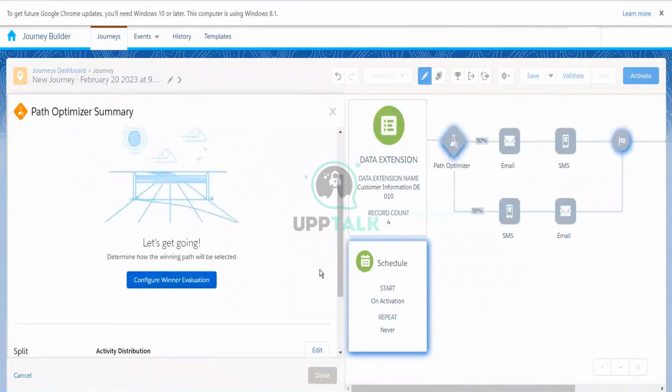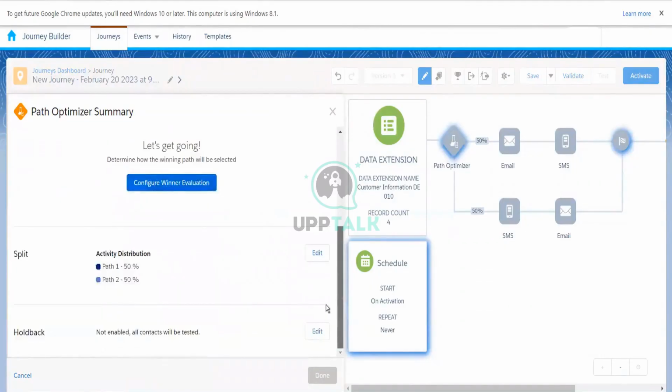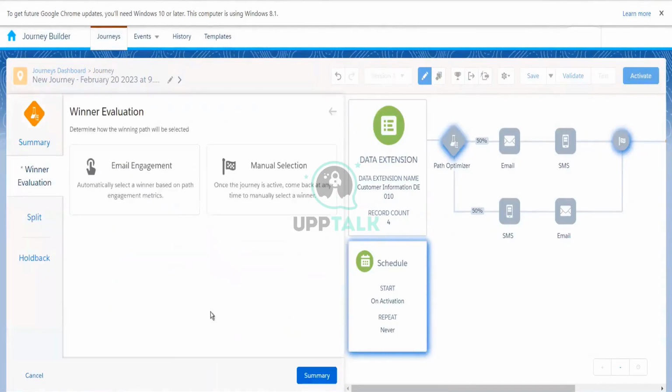Here, it has step number 1, winner evaluation, and then split and then fallback. Winner evaluation means how we want to evaluate the winner, which path we are going to decide is the winner. And we have two different ways that we can evaluate the path. The first one is